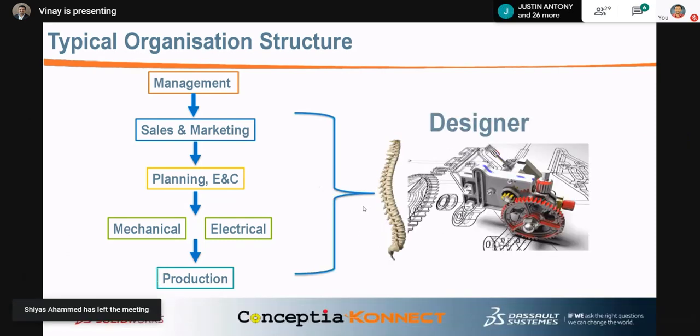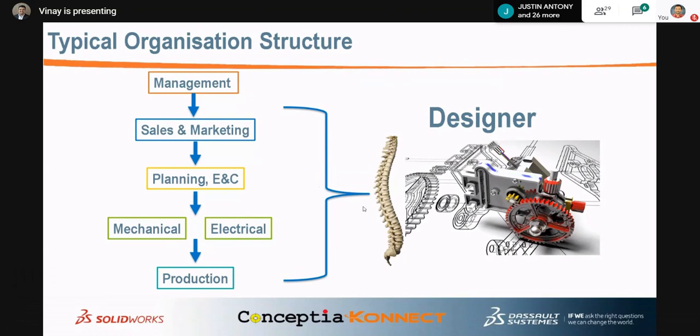Now I will tell, the designer's job is to work with all the industries, with all the departments. Sir, why do I need to work for all the departments? My job is to work as a designer. I will sit in one cabin and start working as a designer. Software will be given, AC will be there. I will start using the computer and design. Never. The design engineer is the backbone of the company. The design engineer is the backbone of the organization. How? One by one I will explain, you see.